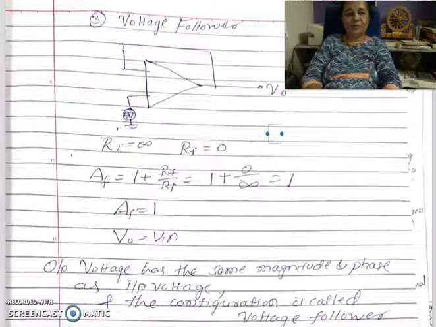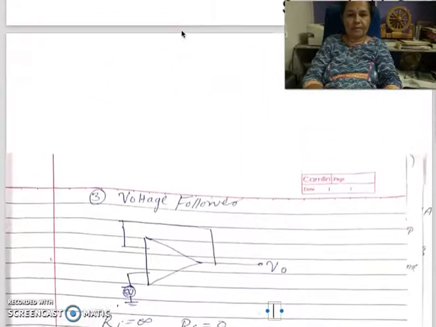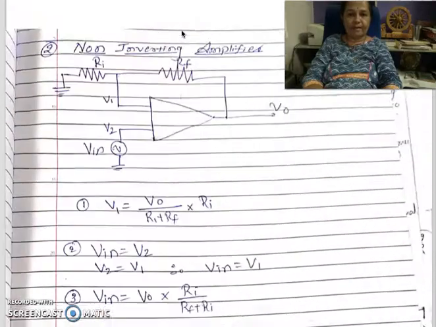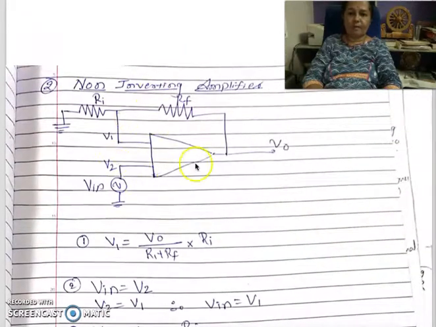Students, we shall go for the third application of op-amp. So we are going to see that application which is referred to as op-amp as voltage follower, and this is the modification of our second application. I hope you remember the second application and what it was. It was op-amp as non-inverting amplifier. I am going to show that modification applied to the circuit of non-inverting amplifier.